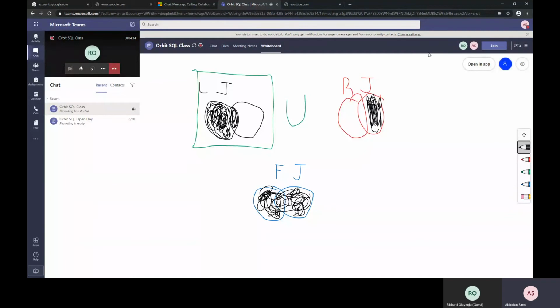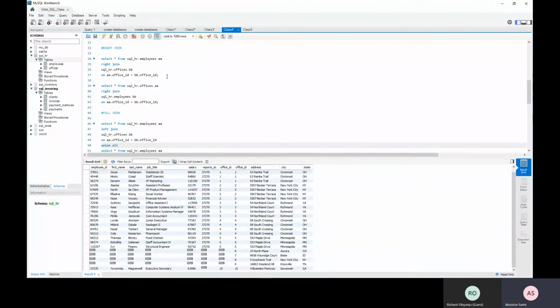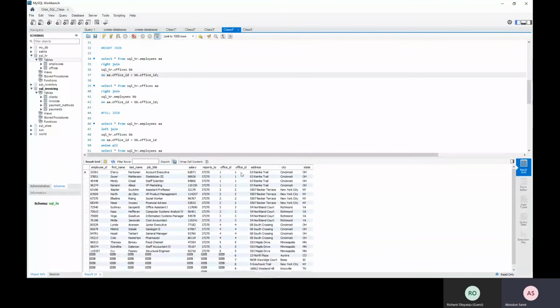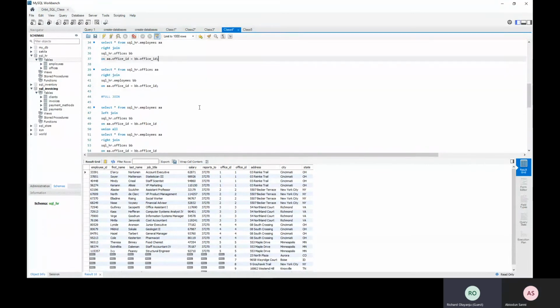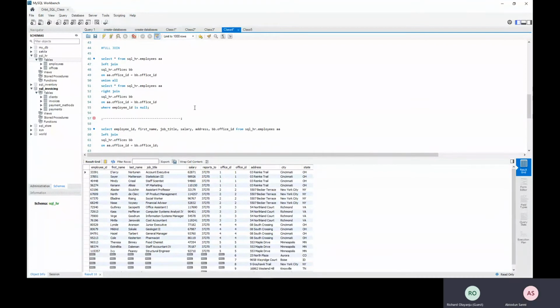So let's relate it to what I have here: a left join and a right join. Let me go back to that right join I did. This is the right join. This is what is common. This one that has no value is what is common. This one that has no values is the one that is not common to both of them. Understand? That's why I said here that to do a full join,